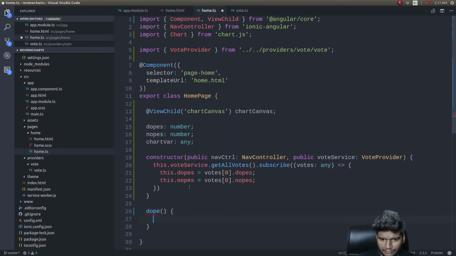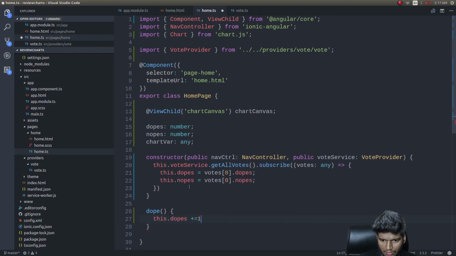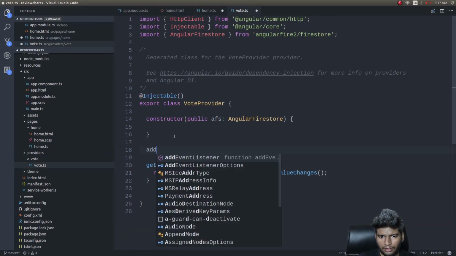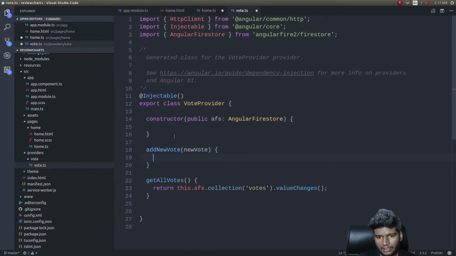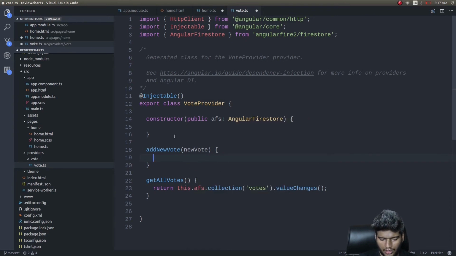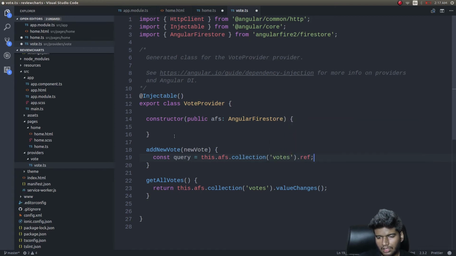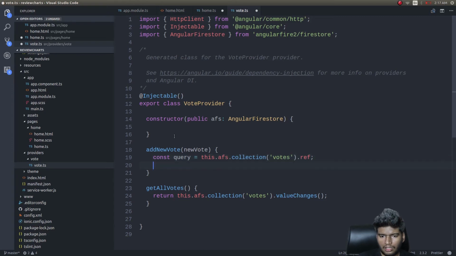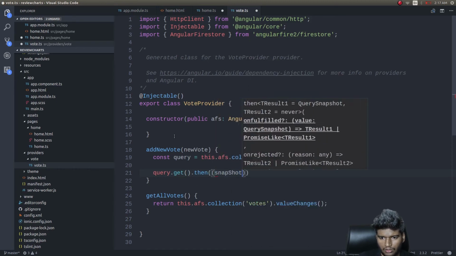Dope, this.dopes. Okay, when the user votes dope, we need to add, right? Add new vote, this.afs.collection. Here we'll do a query, const query equals this.afs.collection votes reference. Okay, this will have just a single document, so query.get.then snapshot